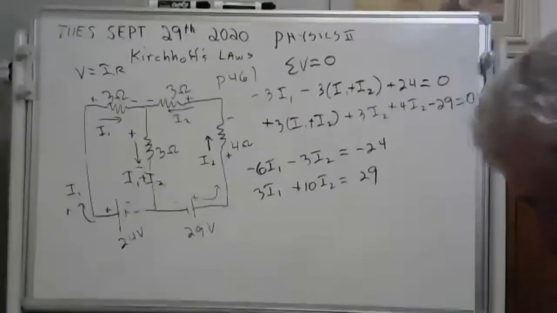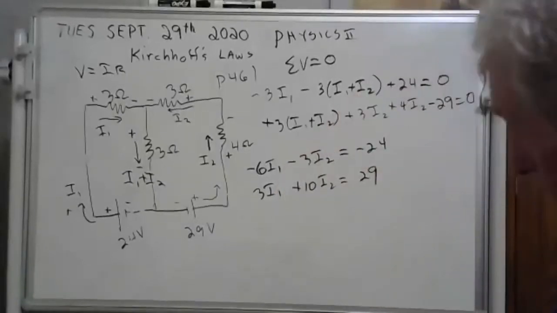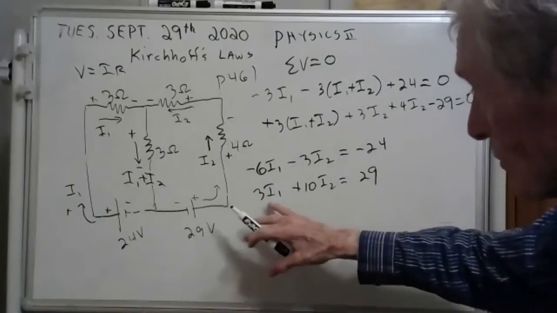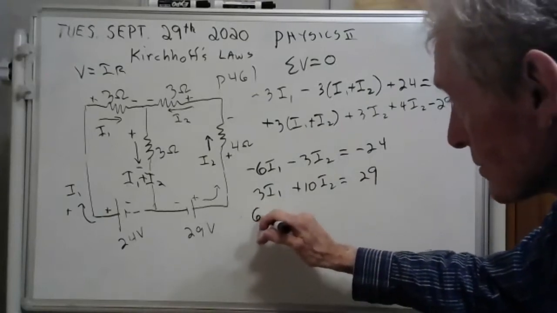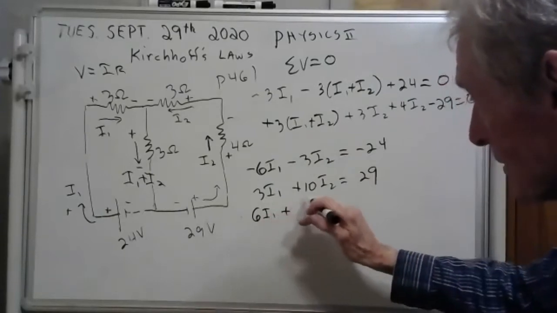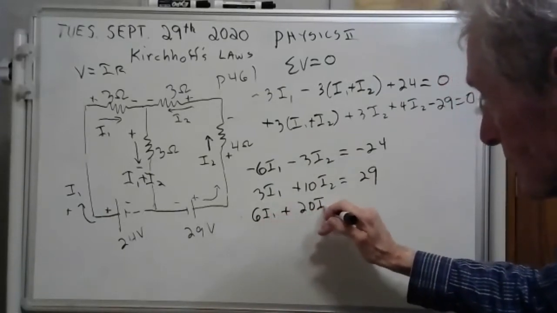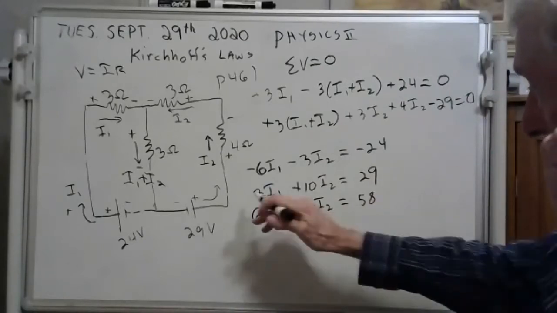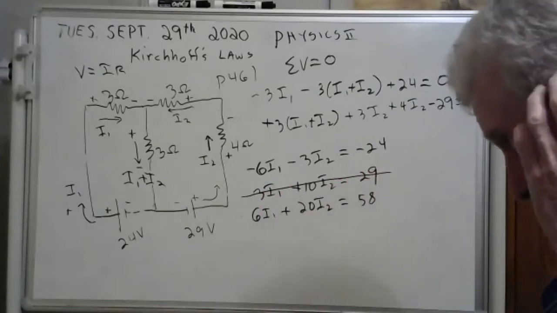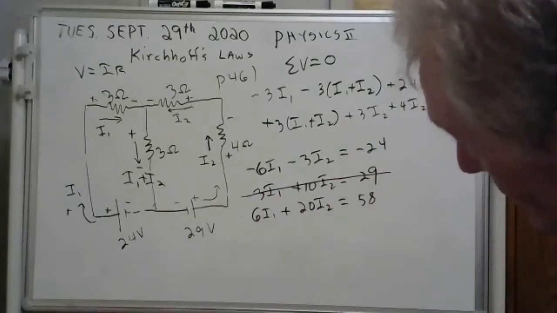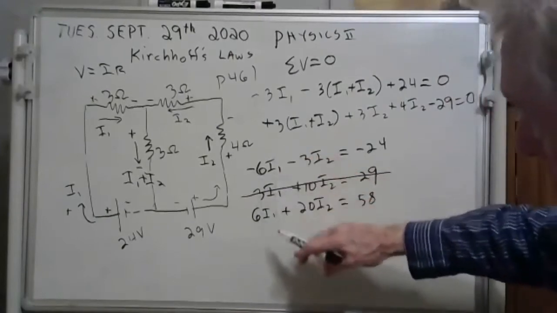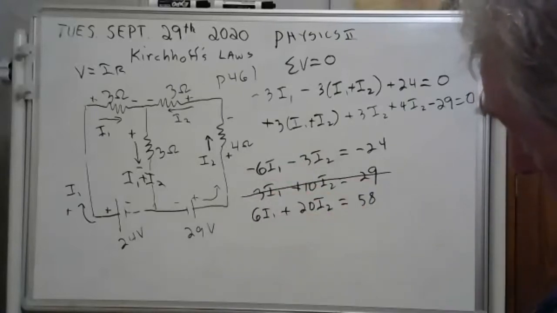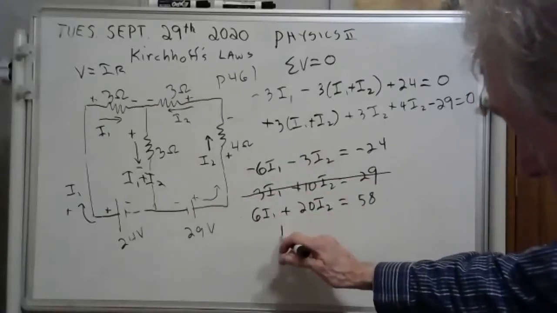Okay, now here comes the math part. Now the way I do this is, I think I would just double this. Double that, you get 6I1. Double this, you get 20I2. Double that, you get, I believe, 58. And I don't need this equation anymore. And then we have equals. You can add equals and get equals. See, when you add these, the 6I1 and the minus 6I1 go bye-bye, and you're left with